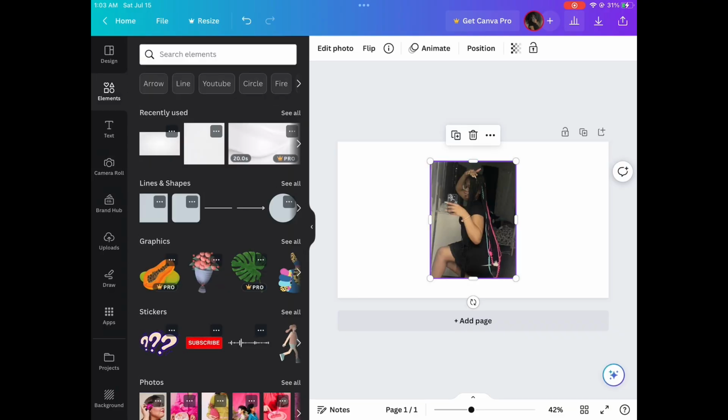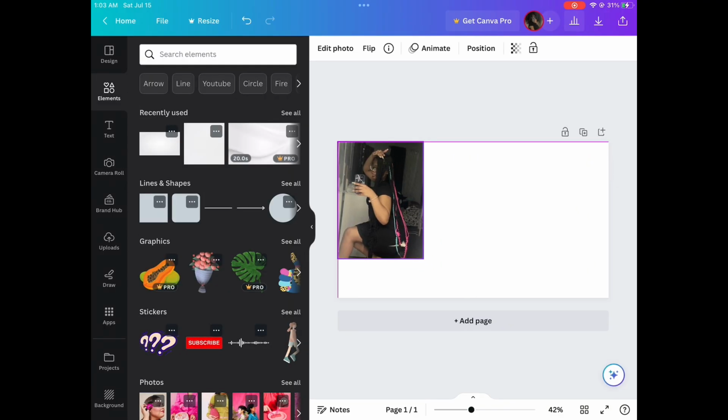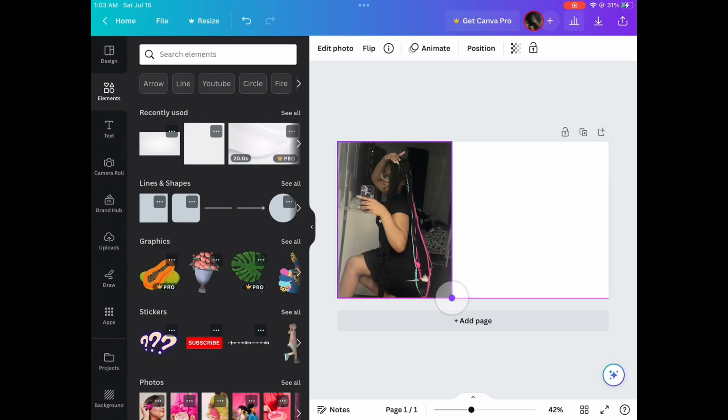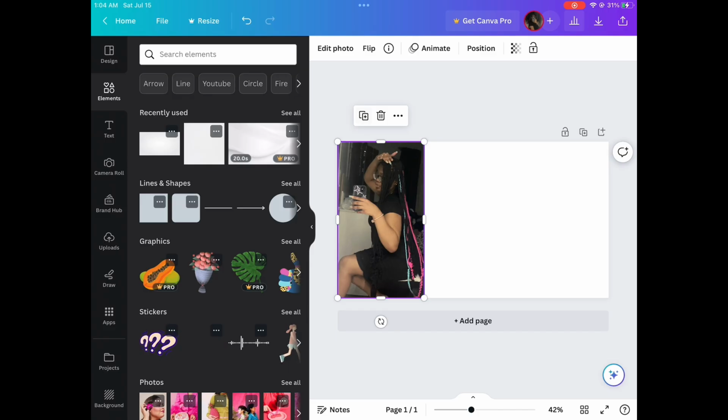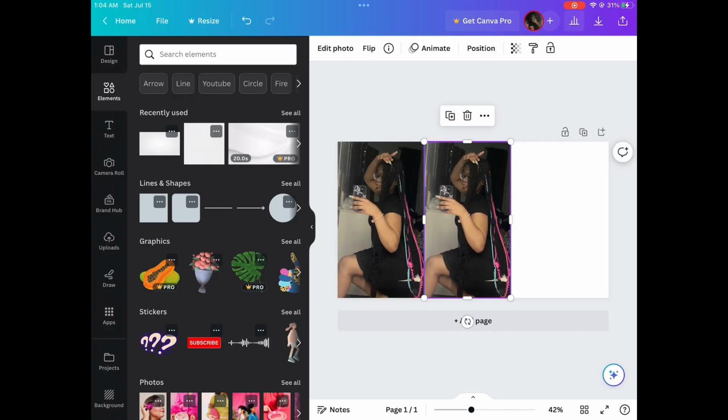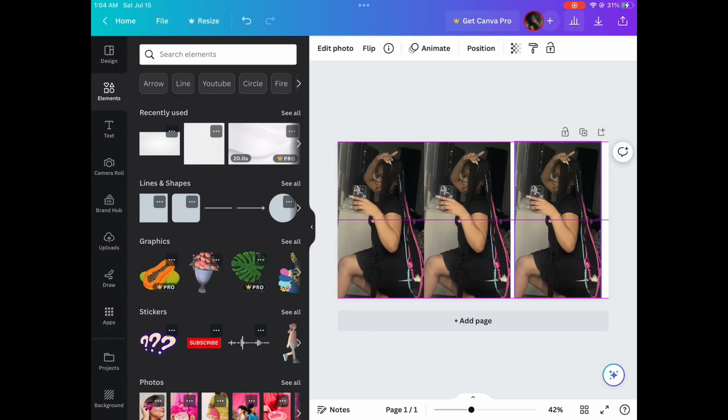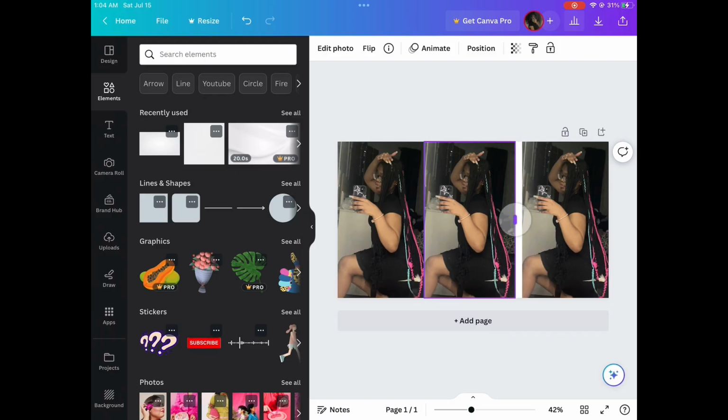Add it to the page and then move it to the side to get it at the right place. Crop it however you want it. And then hit the multiple page and do it again. If it doesn't really fit, you can always move it and crop it, but if it does fit, just leave it alone. You're gonna go to elements